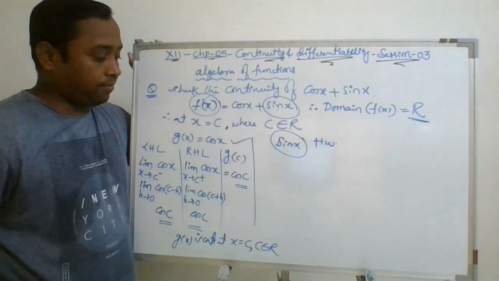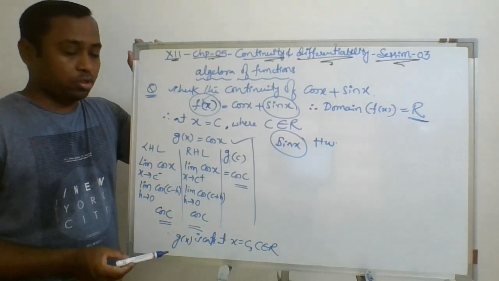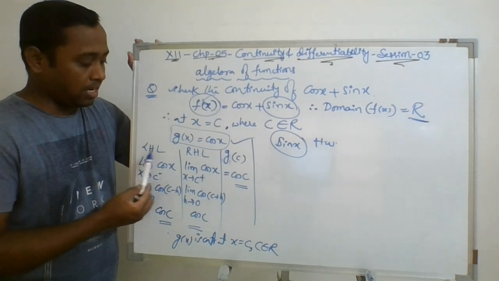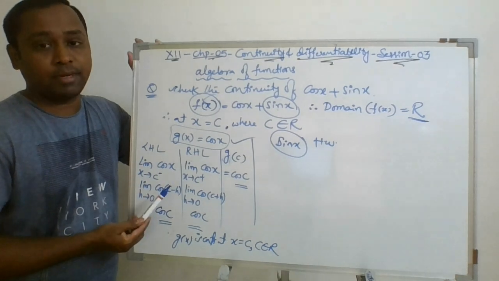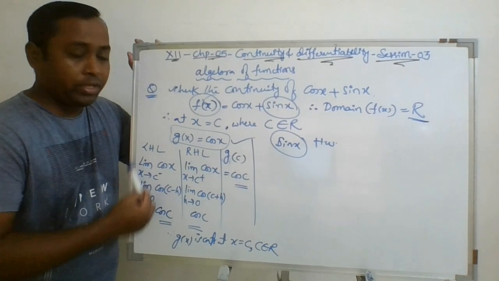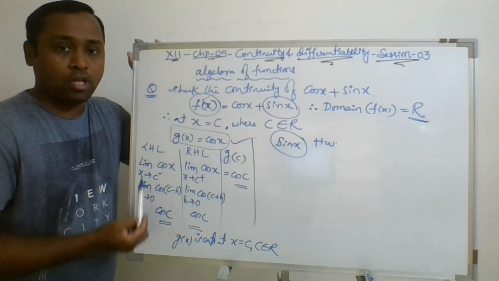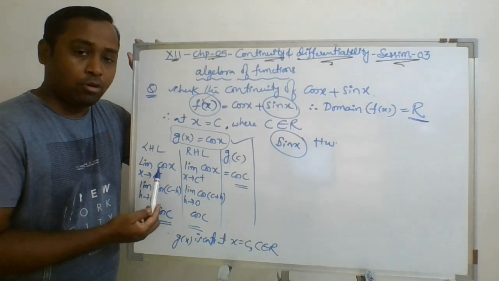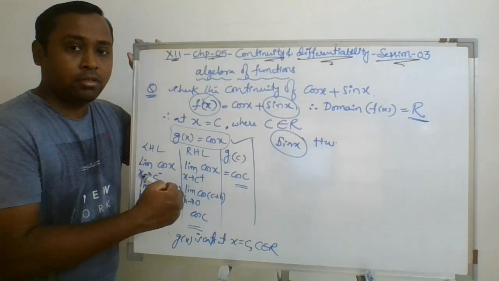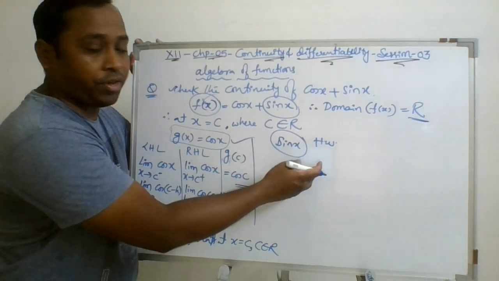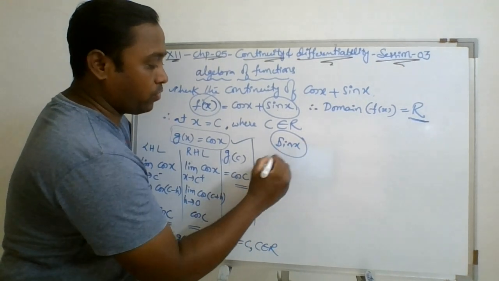You can do it yourself. So you might have a question, sir, we are having only a single question, why are you taking the left hand limit and right hand limit? It is my habit to take them. Instead, you can directly deal with the limit without taking LHL and RHL. You may directly deal with the limit of the function and the value of the function, and then check and conclude. It will also work. Just like I am showing here, for your convenience.